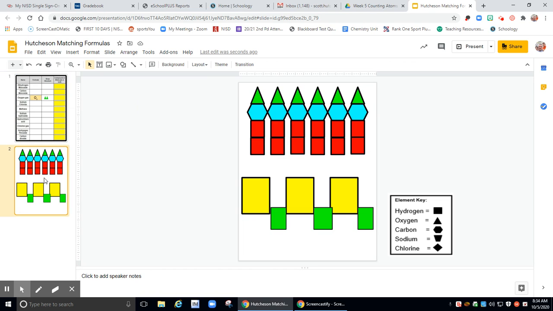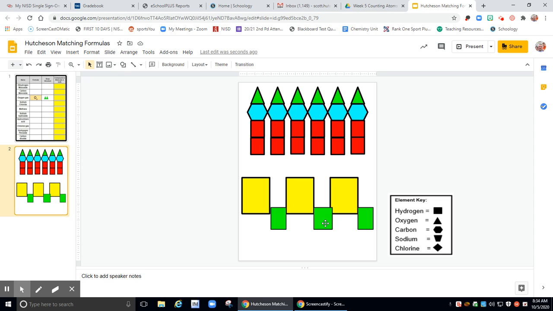On the second page, again, you have the key, you have a structure that I provided for you, and your job in these text boxes is to type out what you believe the formula for this model to be. Okay, so you see you have triangles here. So that would mean that triangles are probably oxygen. Don't forget to count how many triangles you have